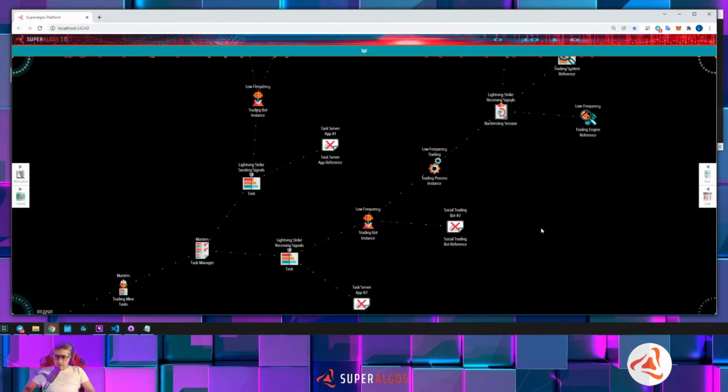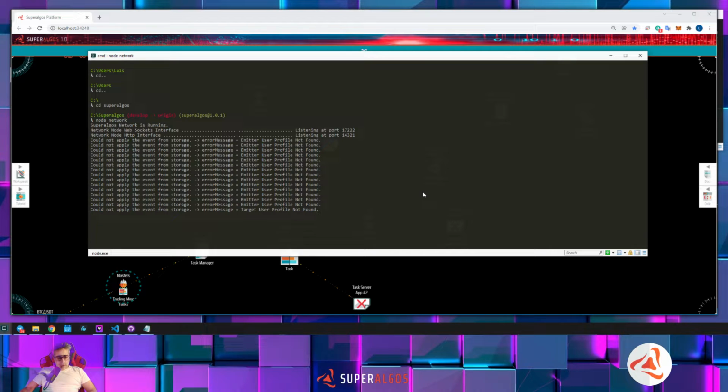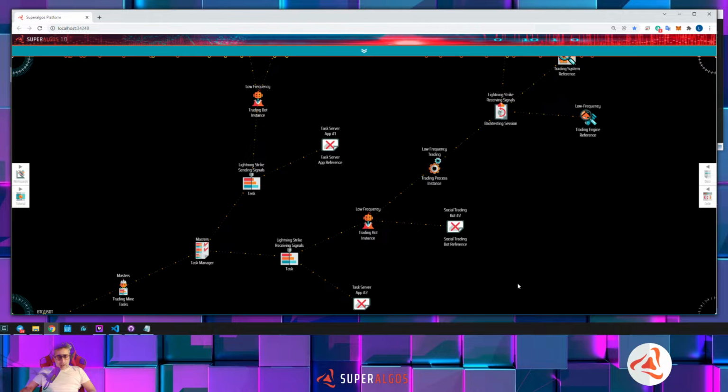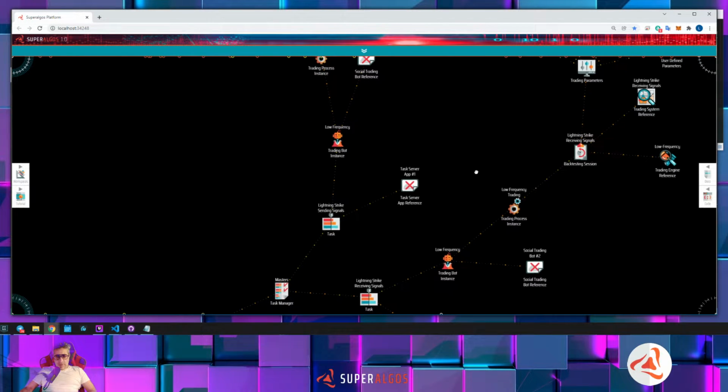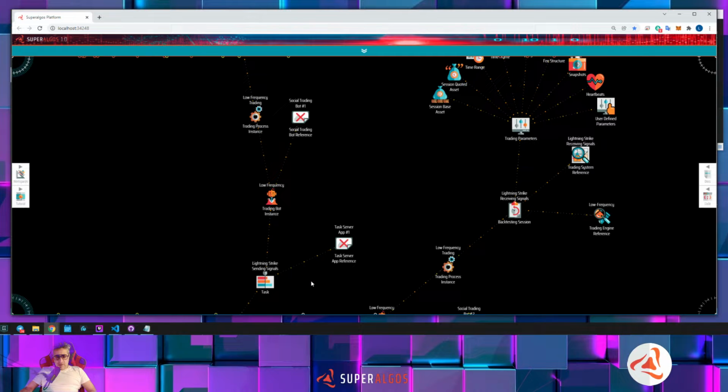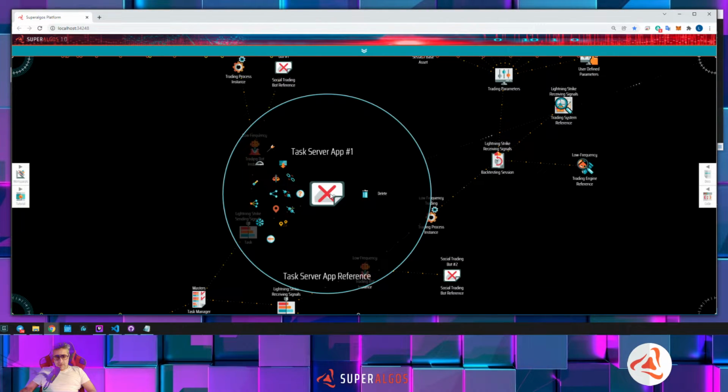The next problem was about running the bot, sending the signals, without having the network node running. Okay, so that is a problem because I believe that it crashes. So what I'm going to do is find the network node and just stop it. Okay, we stop it and run the bot emitting signals. Remember that the task recognizes that it needs to get connected to the network node because of this stuff here, this node, because this task is connected to a task server app,